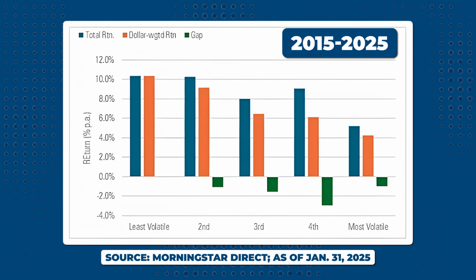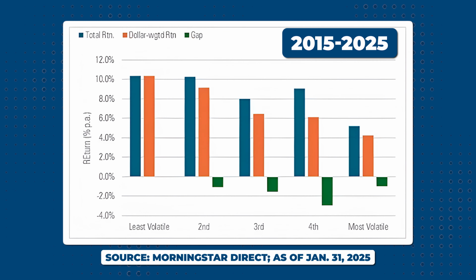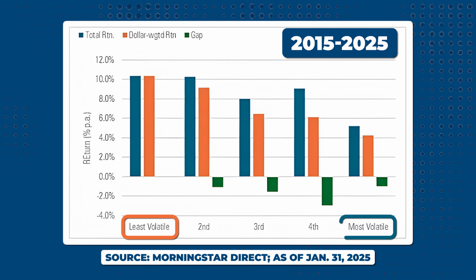And he took the most volatile stocks, meaning they can measure the cash flow in and out of these funds, and said which ones are the least volatile versus most volatile, and how did the time-weighted returns or the investment-weighted returns on that money, meaning what the actual investors got inside those funds versus the actual fund itself, right? And sort of the overlying idea here is if a stock does 10% over the course of a time period, but it goes up 15% and then it goes down. If I buy in after it goes up, right, the fund got 10%, but I might have got less than that because I tried to time the market and bought after it went up.